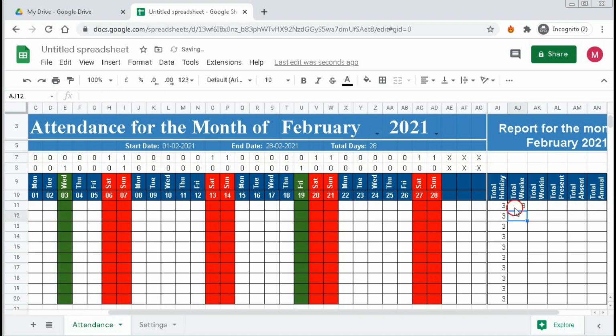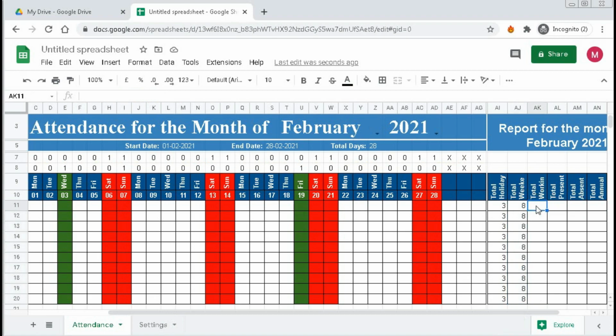We have 8 weekends. You can calculate 2, 4, 6, 8, and here we can see 2 colored columns for holiday, but here it is 3 because here we have one holiday which is not showing because of conditional formatting of weekends.